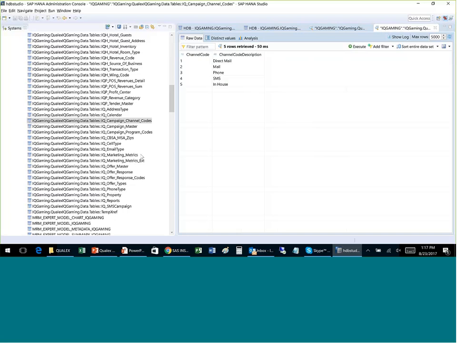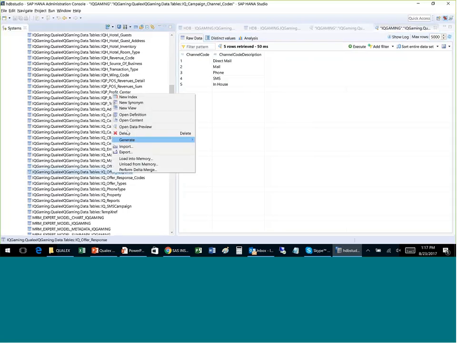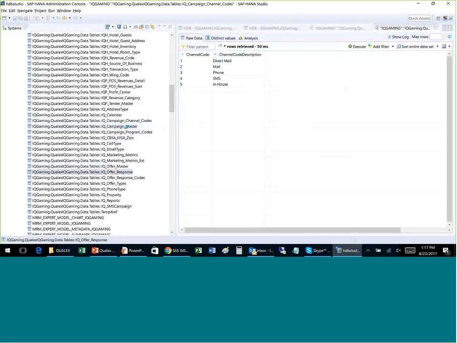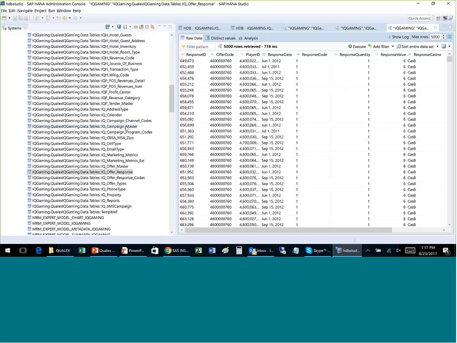Was it an email? Was it direct mail? Things like that. Then we also have all of the offer and the player group tables. Once you segment out, you build your campaign and you assign a different player to the different groups. We build all that stuff in the model here so you can see which players were in which groups and